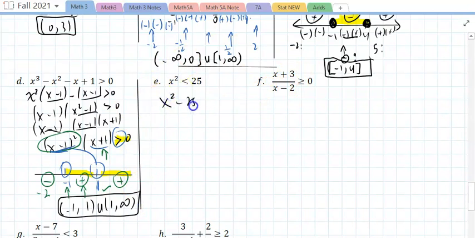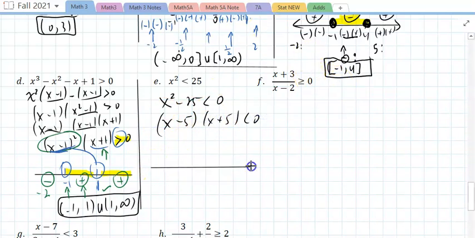X squared minus 25 is less than 0. X minus 5. And once we graph those, you have a much quicker and easier option. But for now, this is all you could do. This is a 5. This is a negative 5, not included. 3 points,